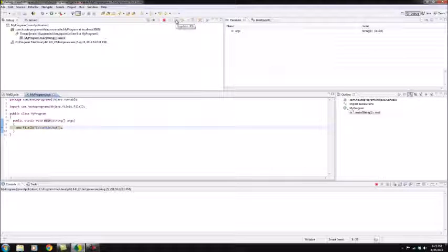Now here we have step into. This one I don't use too frequently because sometimes you'll get into the nitty-gritty code of Java. You'll get into the actual Java class files. I could probably show you what that's like, but I don't want to do it just yet. I use it sparingly. Typically I use step over, which means execute this line of code and just move on